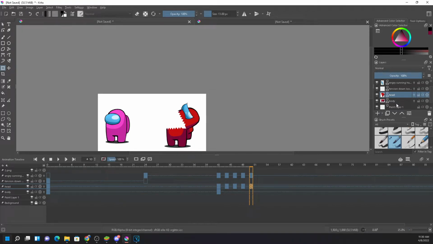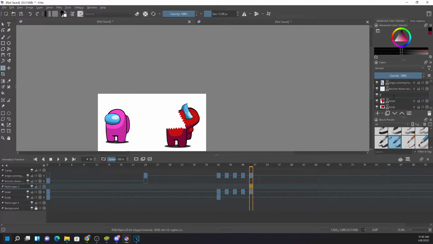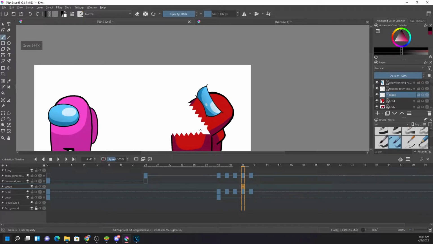So what should I do? I've created a new layer for the tongue, naming it tongue. So the tongue will appear. First, you need to draw the lines. After that, you need to color. When the tongue appears, in which position does the tongue need to come? Right now in this position, I think the tongue needs to be over here. In this, it needs to come over here.